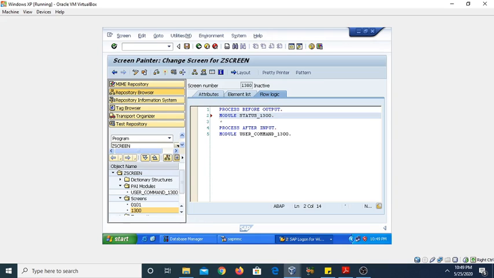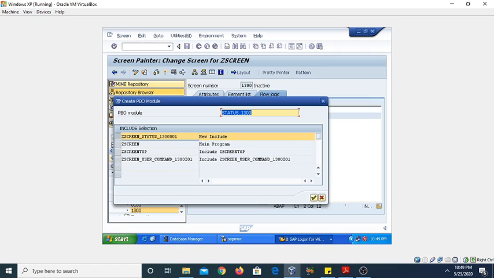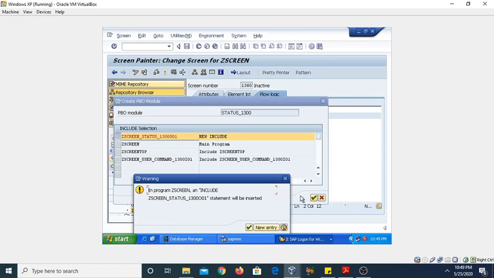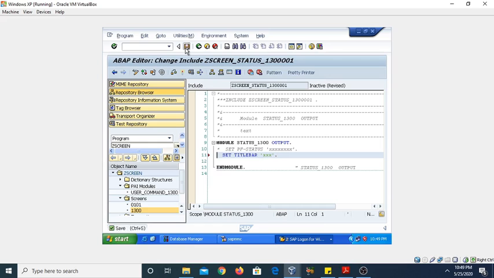and just double click on it. It will ask you to create a particular object. Click on the yes button. Now click on the OK button. Now here you can set your particular status as well as title bar. Now uncomment this title bar. If you want to set, click on the save button